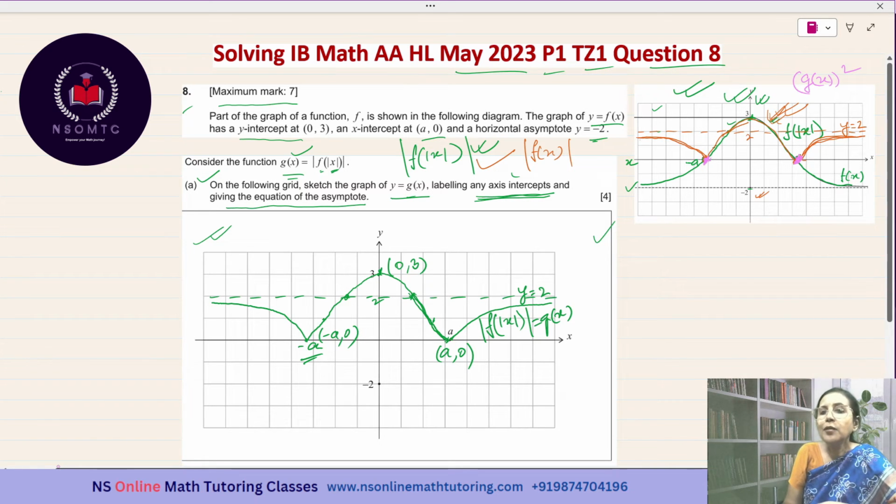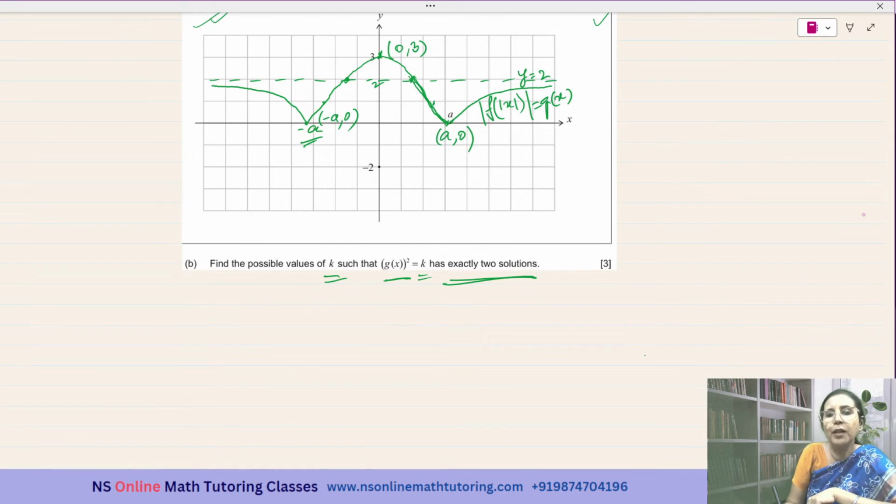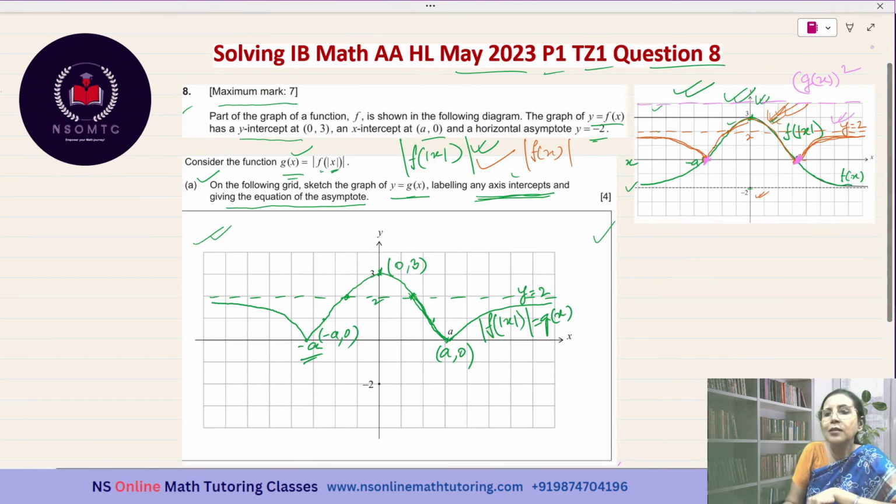Okay. Coming to the horizontal asymptote, this is also getting squared. So the horizontal asymptote will be over here. And this time, let me see how many marks it contains. 3 marks. So it is better if you give this working as a rough sketch, in case you have sufficient time. So this is 4. y equals 4 is the equation of the horizontal asymptote. And then it will be this way. It will be this way.